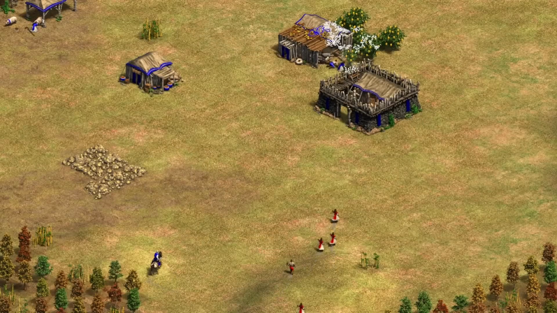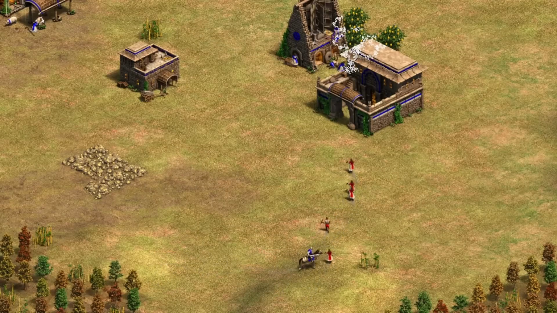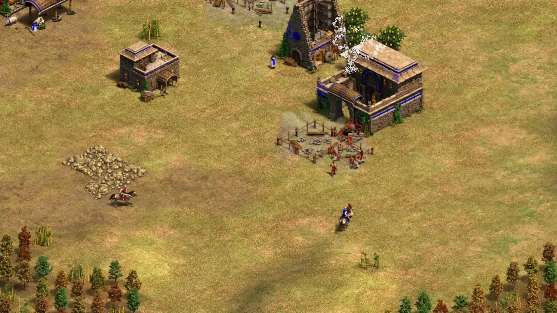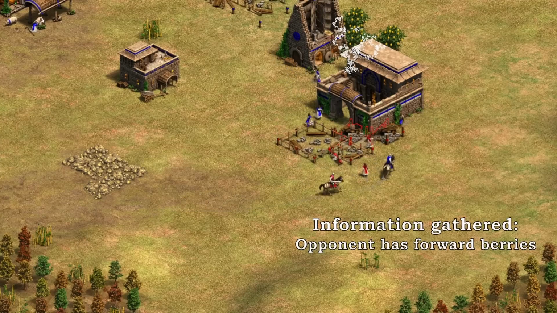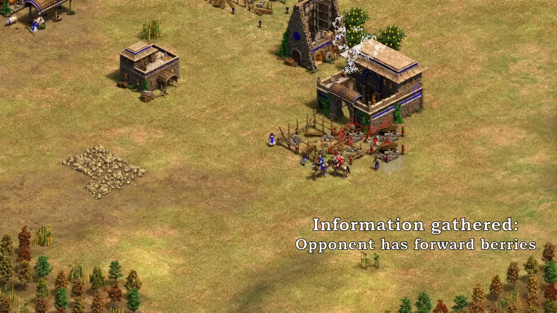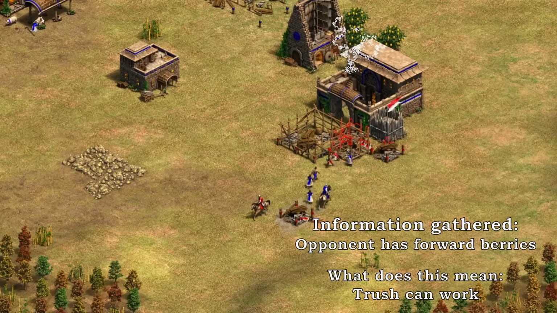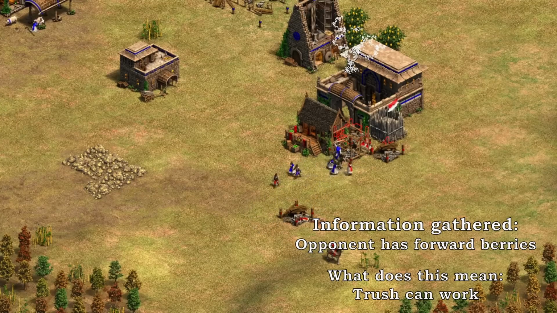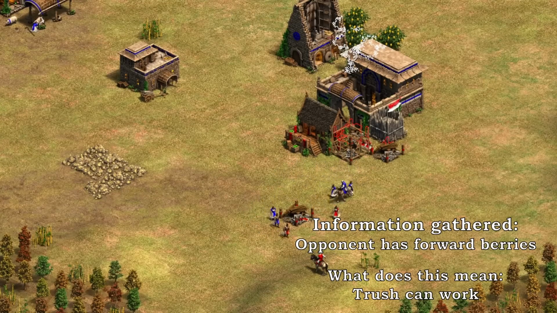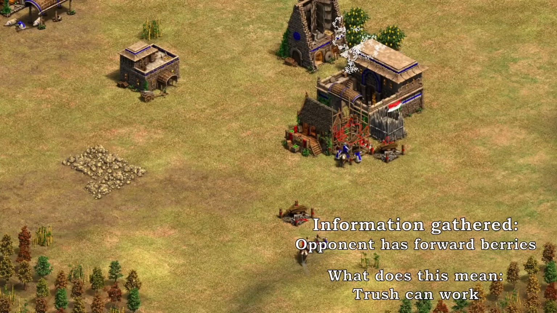Gathering information and then processing it into something useful is very important when it comes to adapting your strategy. When you gain useful information, you can go back to the decision-making phase and see if it makes sense to update your plans. At some point, you're already too committed to what you're doing to change it, but a lot of the time, you can come up with a better strategy if you gain the information early enough.